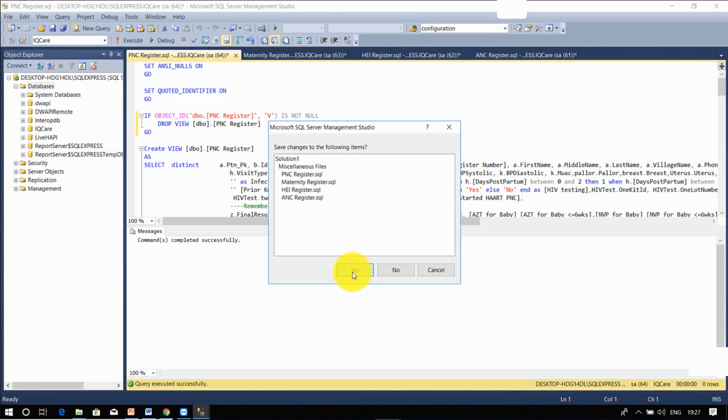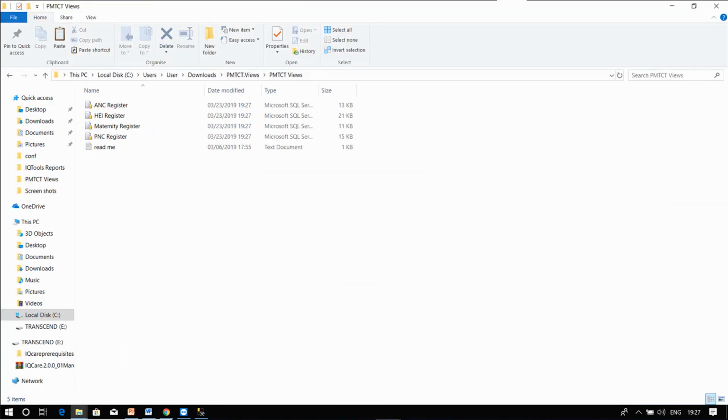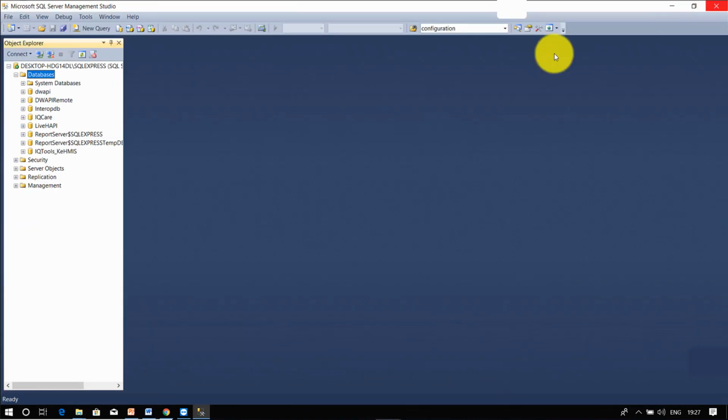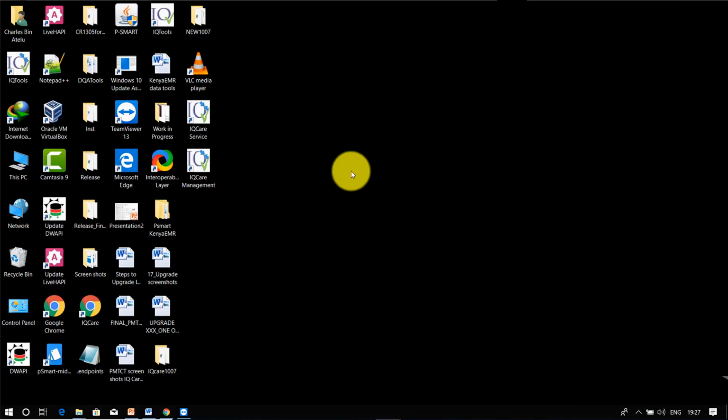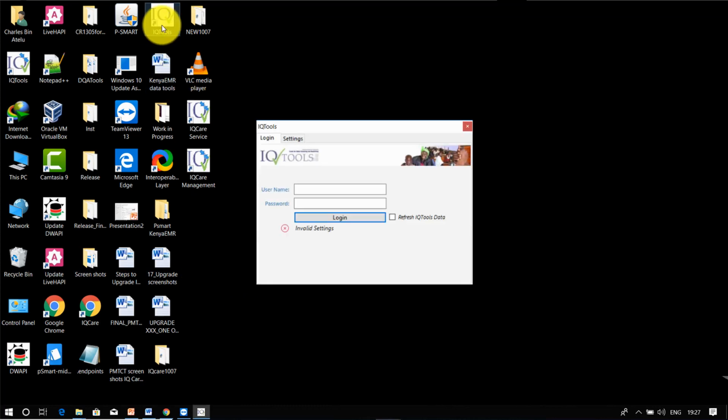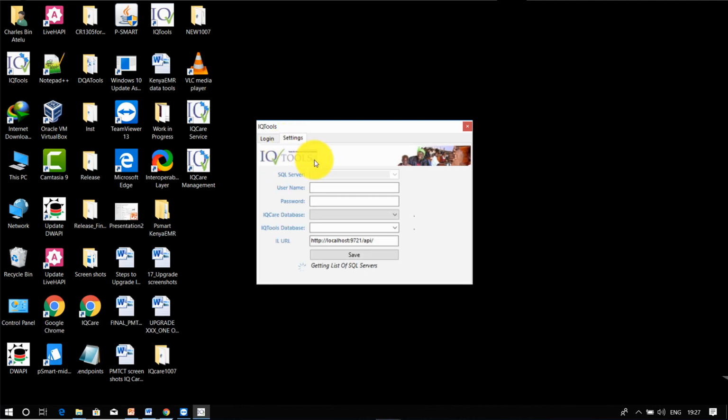Now close SQL, click yes to execute the changes. We will now get back to our shortcuts, IQ Tools. To launch IQ Tools, click on IQ Tools, and set up IQ Tools to our SQL server. Click on Settings and it will search for the SQL server.